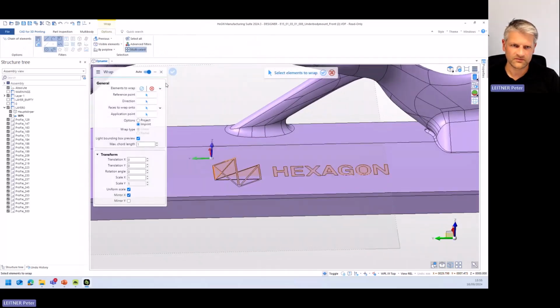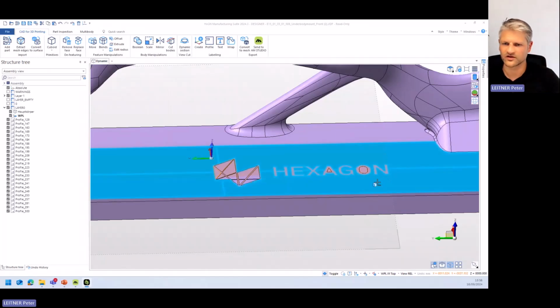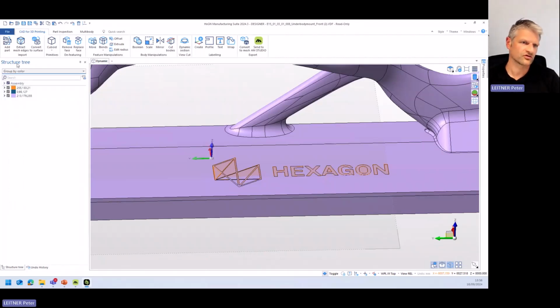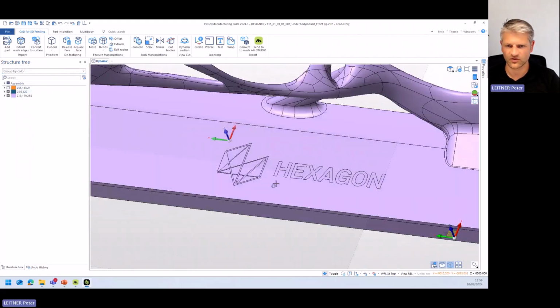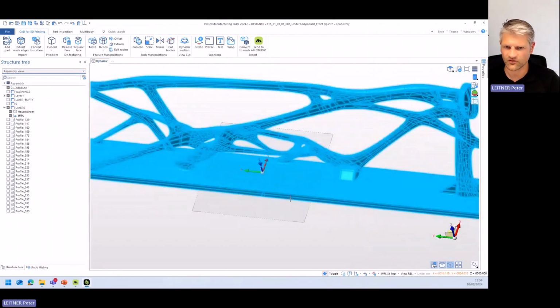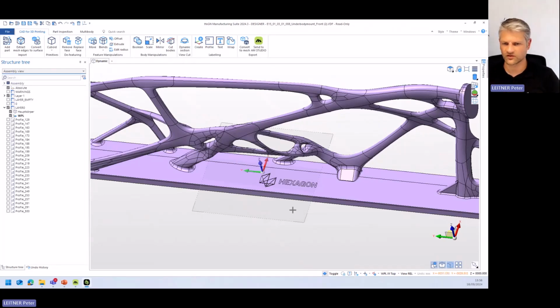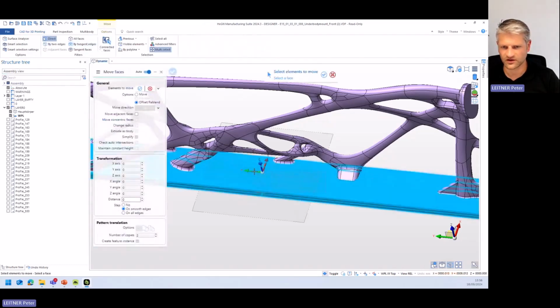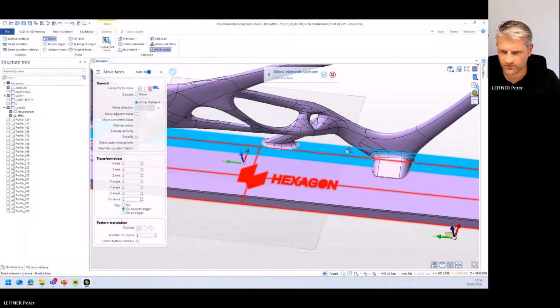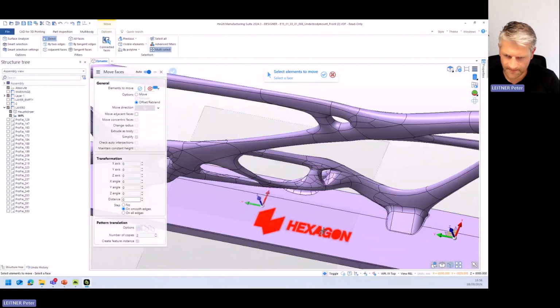So now we can see the profile is now imprinted onto the mesh, and by changing the view in the structural tree to colors, or group by colors, I can simply deactivate the profiles pretty easily. And there we can see that it's now mapped or wrapped onto the flat surface where I want to imprint it later on. And to imprint the profiles that I have now chosen, I can simply use again the move functionality